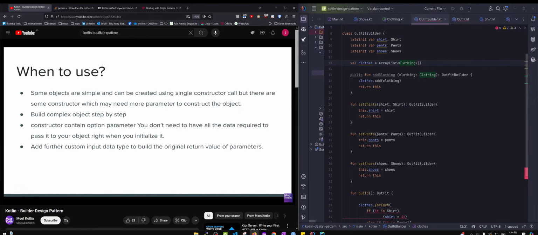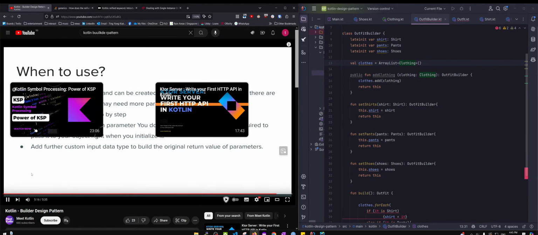So when to use the builder design pattern? In some cases we need to build a complex object step by step, then we can go with the builder design pattern. Some objects are simple and can be created using a single constructor, but there are some constructors which may need more and more parameters to construct the object, so we have to use the builder design pattern. And suppose we want to create a custom input data type